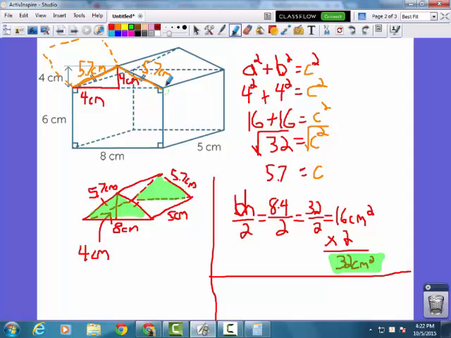So let's first identify our rectangles. We've got this one in the front here. Let's do them one at a time. This one is a 5 by 5.7 rectangle. So area equals, for a rectangle, length times width, which is equal to, in this case, 5 times 5.7,